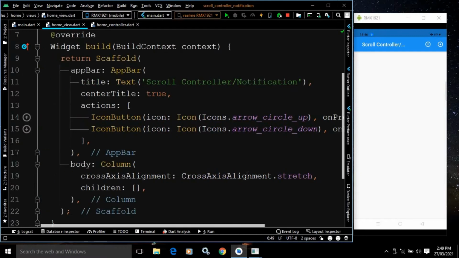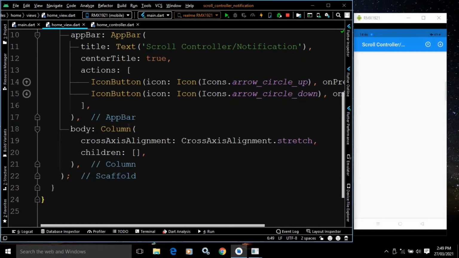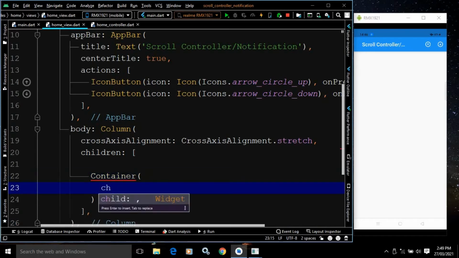Now, in the body, I have taken a column widget, and in the cross axis alignment, I have set its value as stretch. In the children, I will create a container, and I will give the child as text.